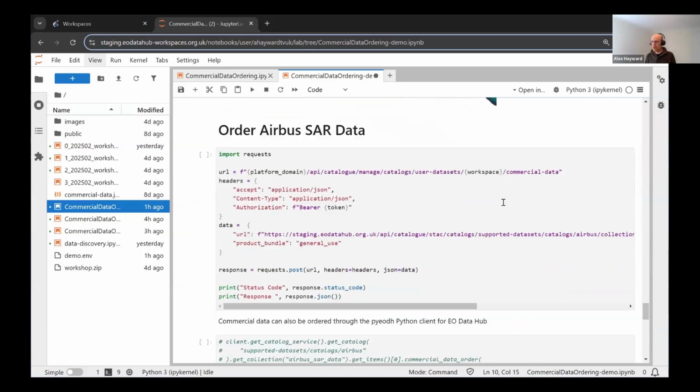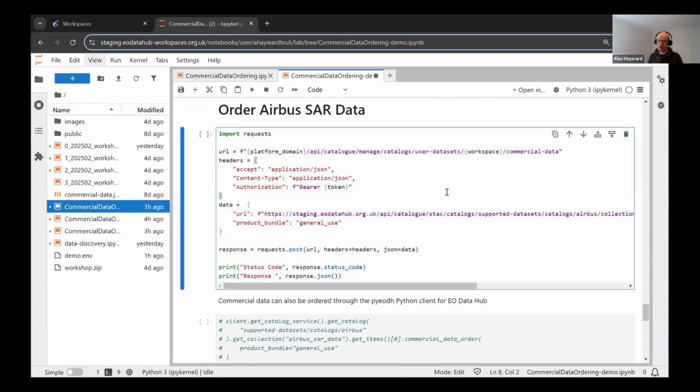Moving on now to Airbus data, I can order Airbus SAR data in a very similar way. I can find that in the catalog in the same way that I did with the Planet data. I can use a user interface. I can use the STAC catalog to search it programmatically. And then I do a very similar POST with the STAC item that I want and the order options that I want to order. And that will then be submitted to Airbus